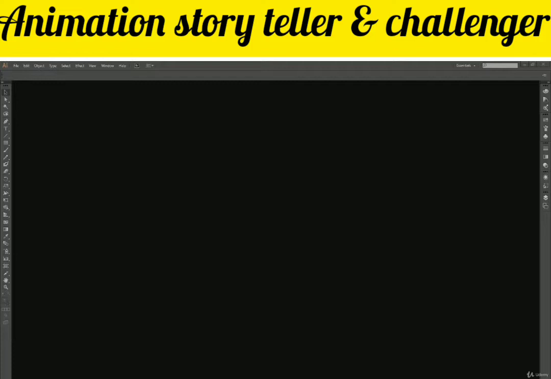Then we looked into the canvas. What is canvas? What is artboard? If you are still confused between canvas and artboard, don't worry. I will explain it again today. Also, I'm going to explain a few differences between interface and workspace. I think yesterday I wasn't very clear when I was telling the difference between interface and workspace, and I might have used wrong words at times, so please forgive me for that.